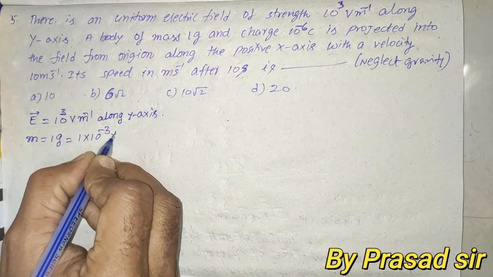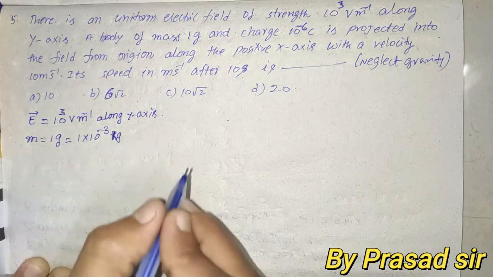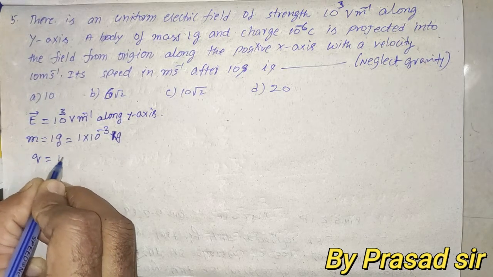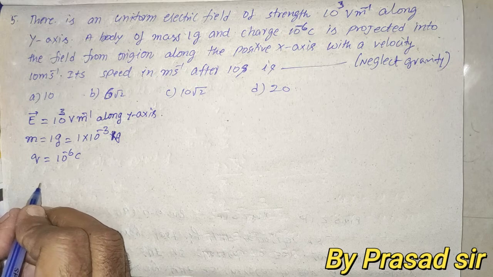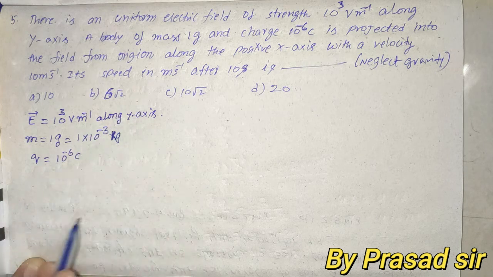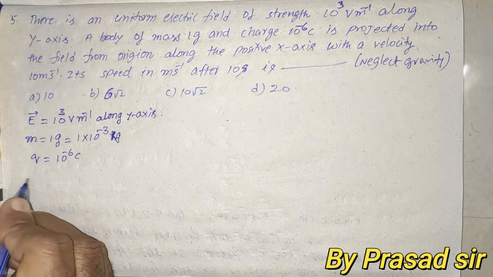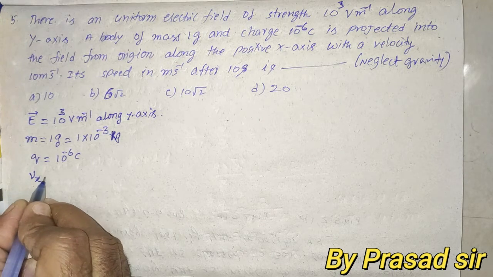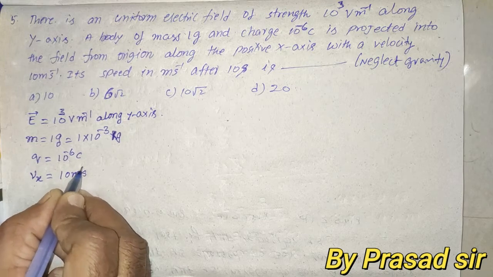1 gram is 1 into 10 to the power of minus 3 kilograms. Grams converted into kilograms means 10 to the power of minus 3. And the charge which is given is 10 to the power of minus 6 coulombs. And also, they gave that this charged mass is projected into the field from the origin along the positive x-axis with a velocity of Vx equal to 10 meter second to the power of minus 1